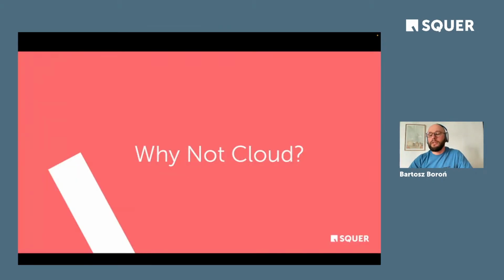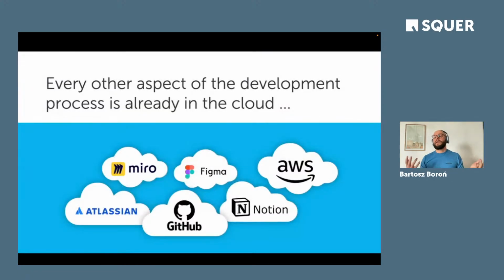I already touched on it. So having your development container or development environment inside a container brings the question, okay, why not put it into the cloud? And I think it's a valid question. If you look at every other stage of the development process, like running applications, designing applications with Figma, collaborating with other people via Miro or Notion, having a ticketing system and a project management system with Atlassian Cloud, why do we still have to stick to localhost for developing the application?